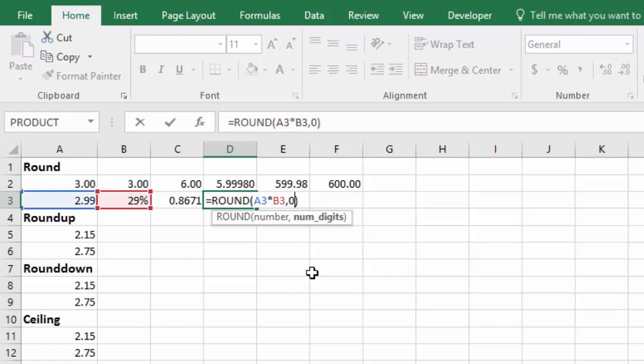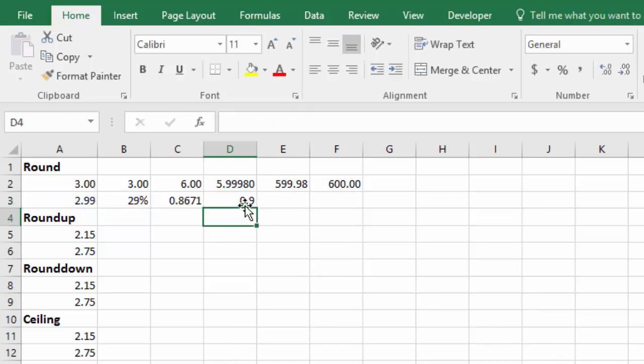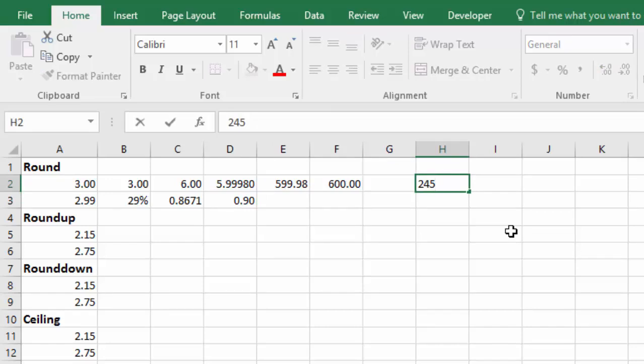So you can enter in whatever decimal place you want it to go to. If I want it to just go to the tens of cents, then I can hit the 1 and it'll round it to 90 cents. And of course I can make this look more like 90 cents by extending the decimal over, and then it looks like 90 cents. And it works better when you have larger numbers, for instance $245